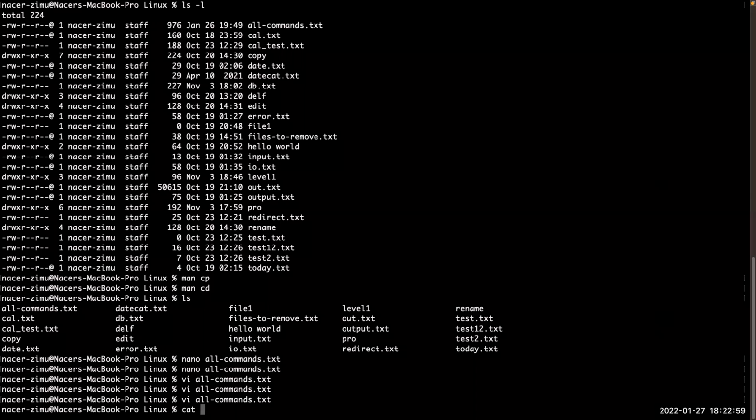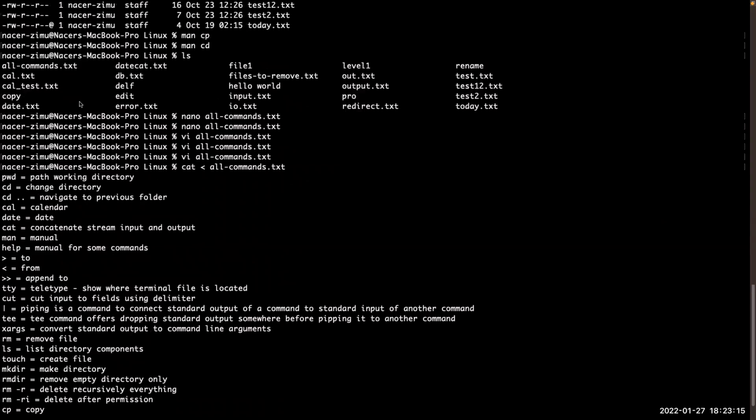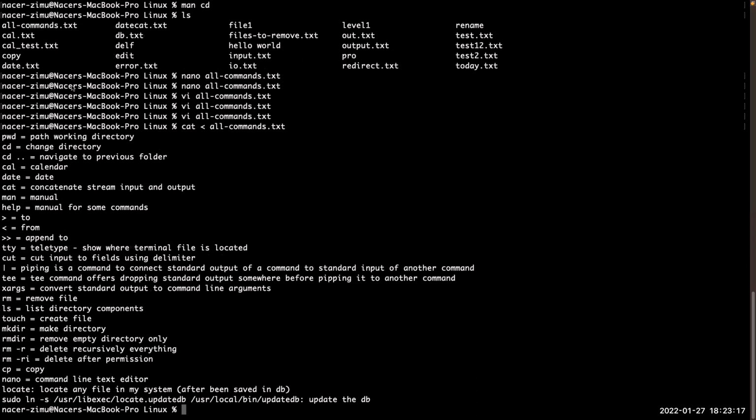The cat is basically concatenation. So whenever you say this, it means from where? From this file over here, like all command text .txt. If I hit enter, you will see that I just read the information inside the terminal. I'm still on the terminal. I cannot change anything, right? But if I want to use this cat command and I want to write something,